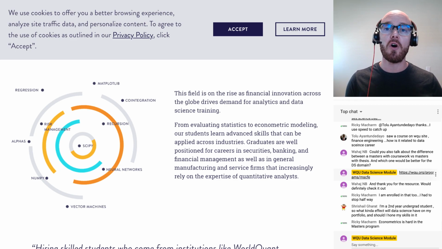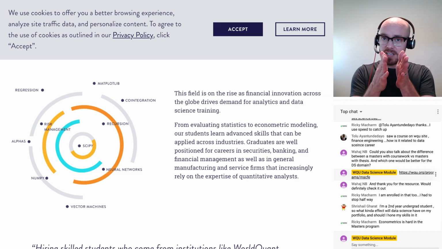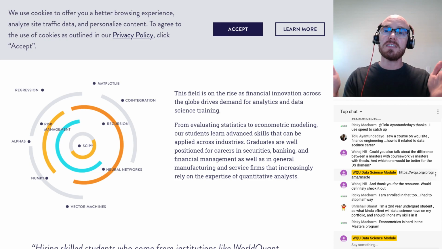If you feel like you're going to go on and do a PhD, doing a thesis at the master's level is a good idea because it's going to give you a feeling about whether you're prepared to go from a master's thesis, which is small, to a PhD thesis, which is a much bigger project. So if you want to go into academia, I would say do your thesis. And if you're interested in going into the private sector, I don't think it makes a lot of difference, honestly, especially in data science, because there's such a demand for data scientists. They're just going to take you as long as you have the degree. Fingers crossed, I hope.